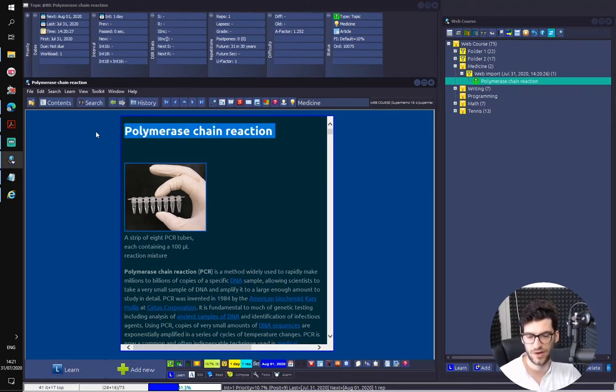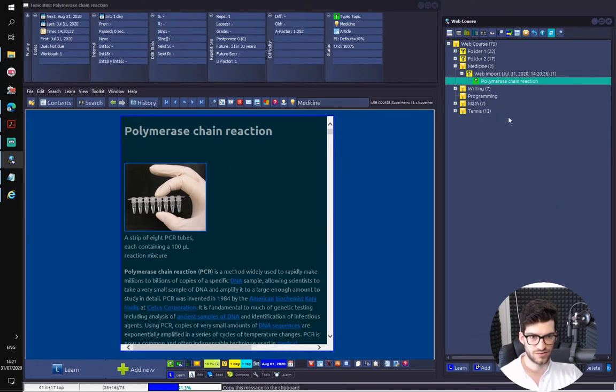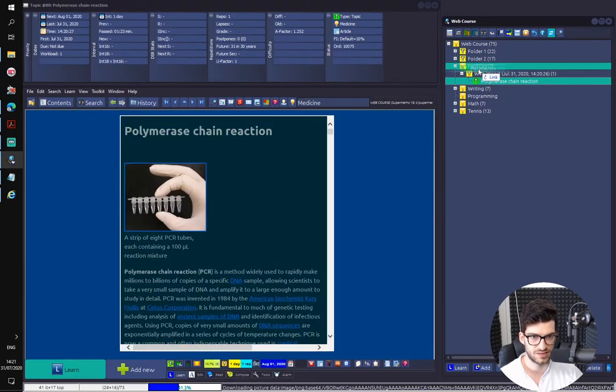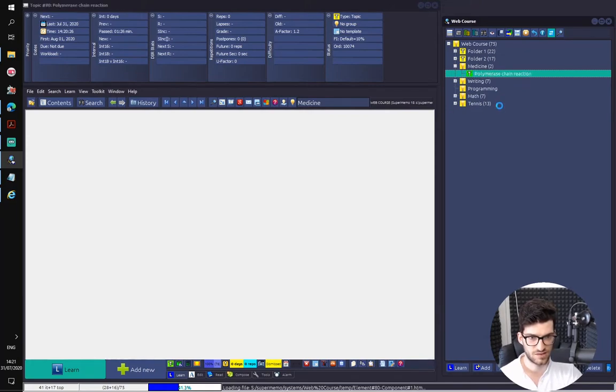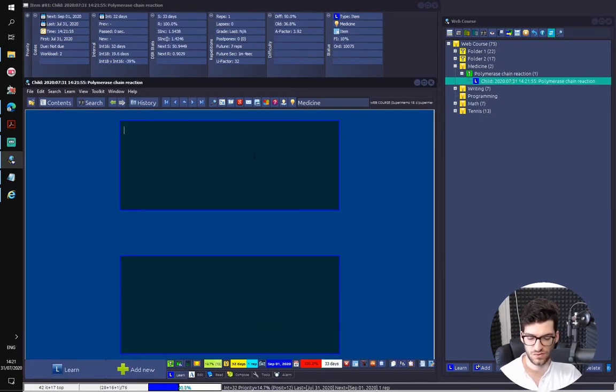Let's see at first the word polymerase chain reaction. Okay, let's do it with extracts. Let's make it real. So you set a hook here. Please move this here and delete this folder. Okay, and you should ask, what is